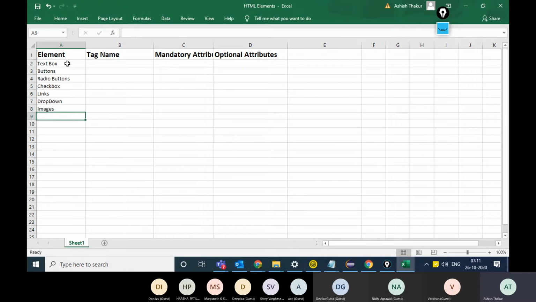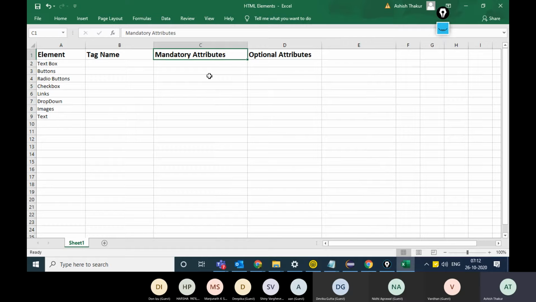You have got the regular text. So these are the general elements on the web page which are visible to you and you interact with them. Every element has a certain tag name and some mandatory attributes which will always be with that particular element and some optional attributes.